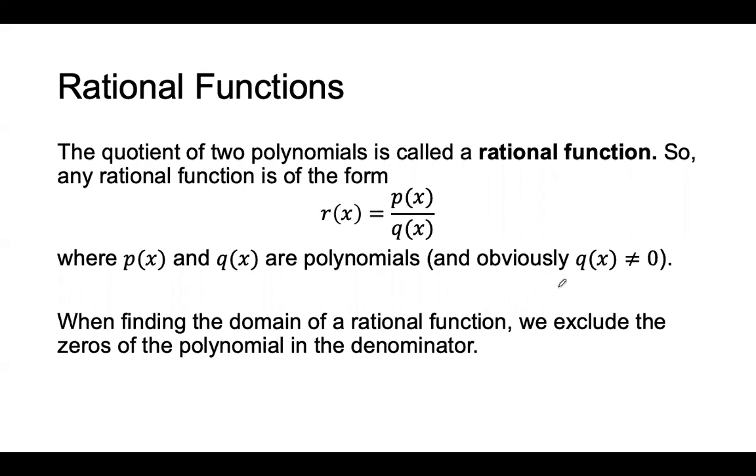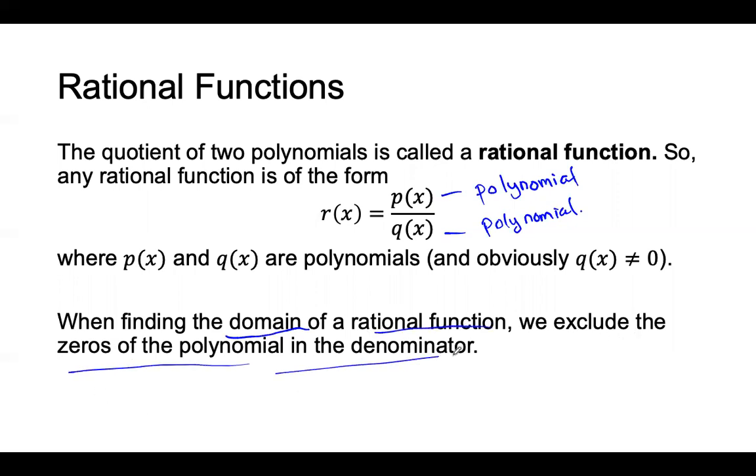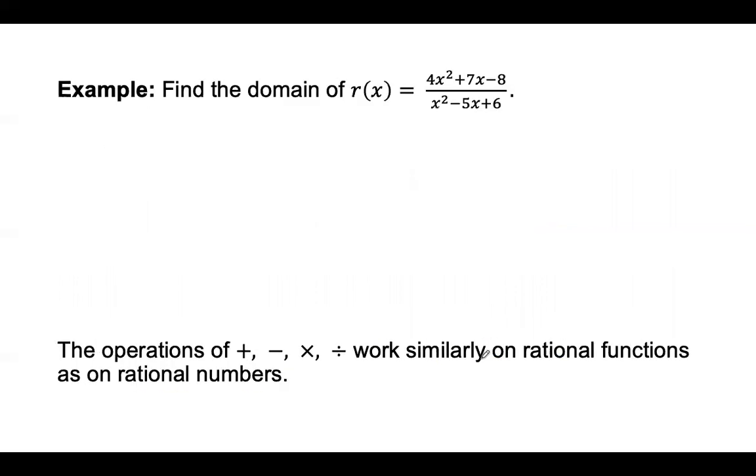So quotient functions, basically, this is a rational function. It's essentially just a polynomial divided by another polynomial. So don't overthink it. Obviously, the denominator cannot equal 0. So when finding the domain of a rational function, we exclude the zeros of the polynomial in the denominator, like we normally do. So find the domain of